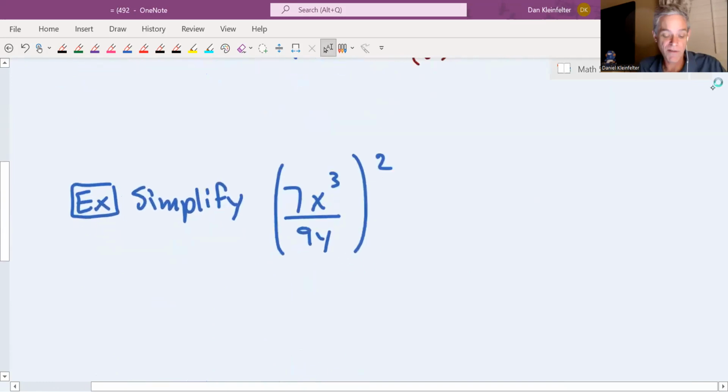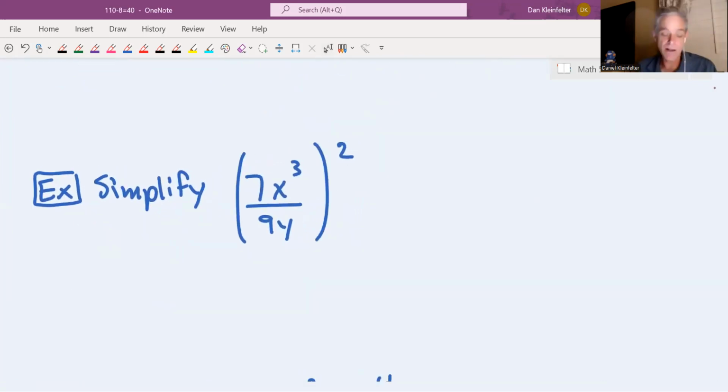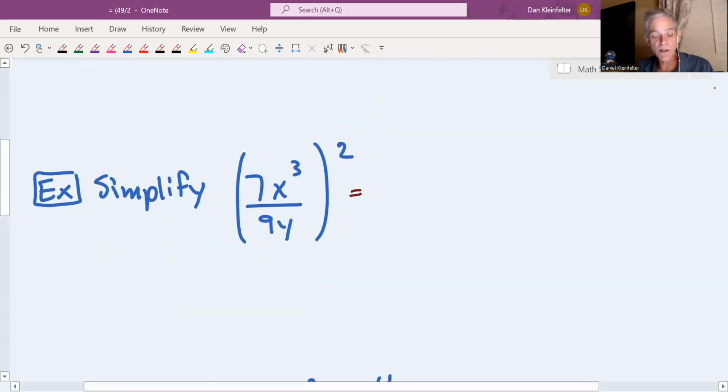Okay, so let's try this one. This one's got a few things going. Not all is getting squared. So we're going to use